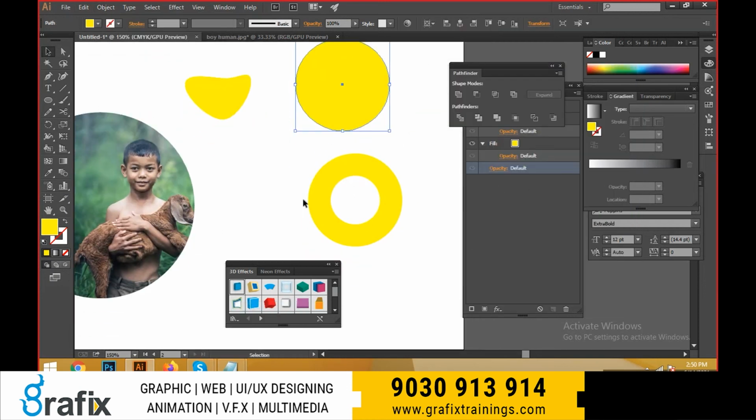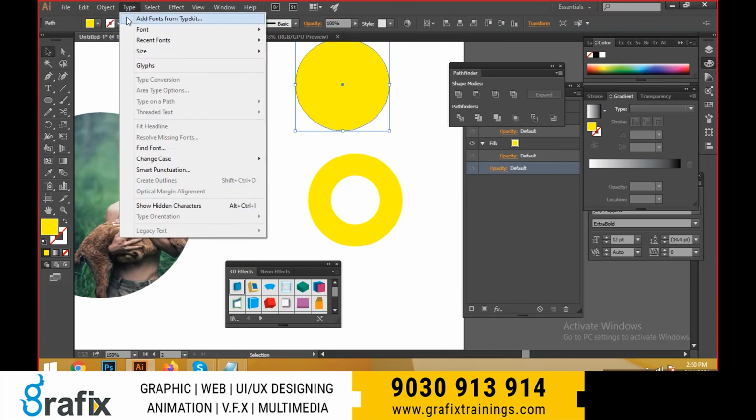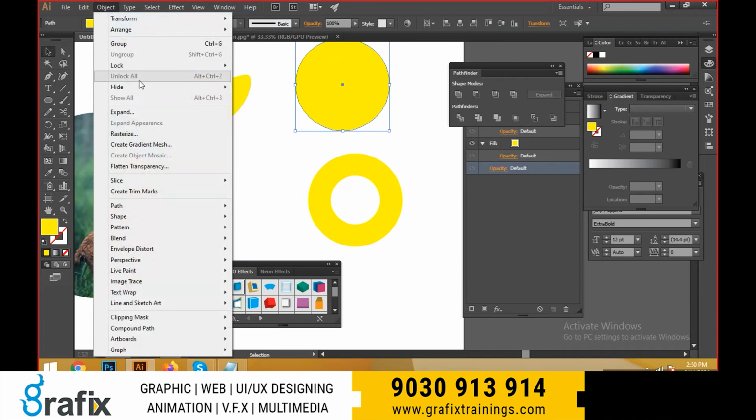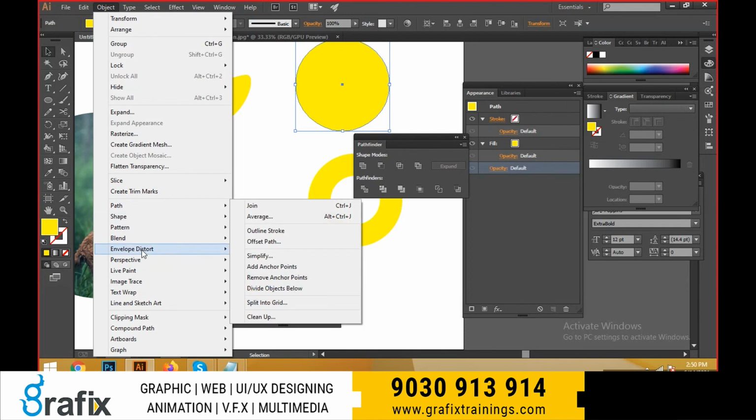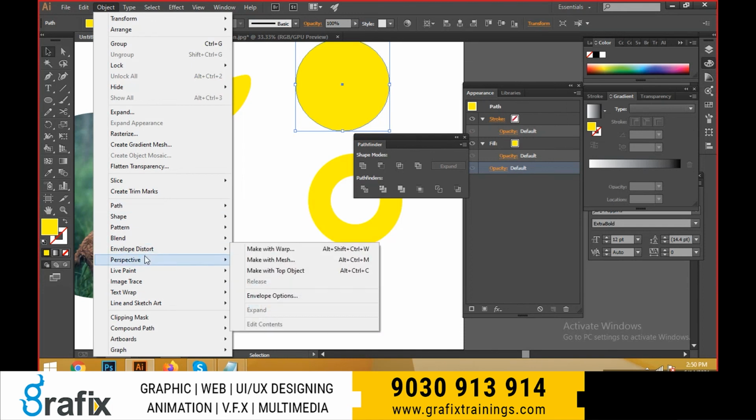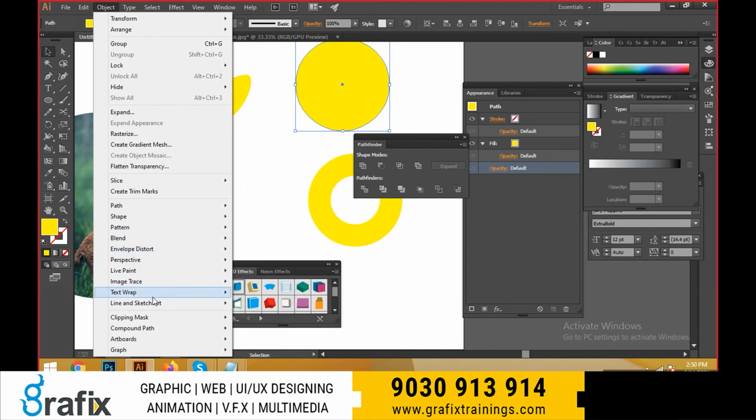Mainly we use here transform, arrange, group, ungroup, lock, unlock, hide, expand is important, and expand appearance is very important, guys. And Shift F6, the appearance palette, is very important. Please practice that one. Make shapes, envelope distortions is important, and the rest, guys, are just junk of format only.